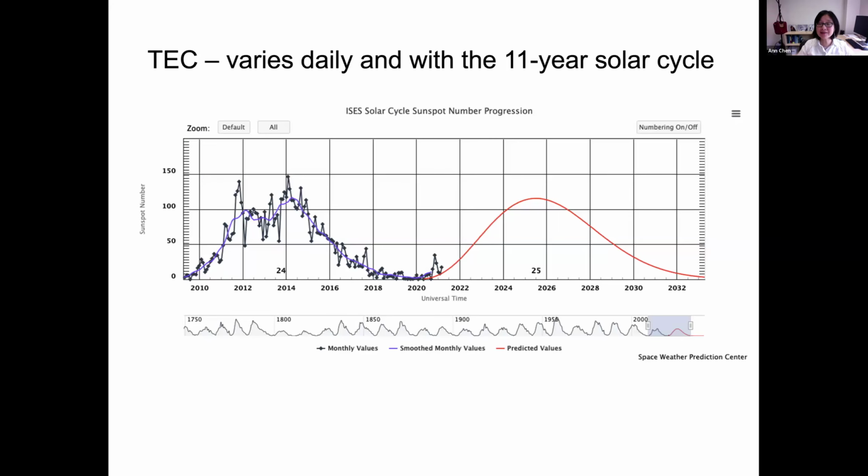Another idea is that it not only depends on the wavelength you're using and the region you're looking at, it also has a cycle, the 11-year solar cycle. You can see that as NISAR is launching, we're going towards the peak of the solar cycle, and it's L-band, 24 centimeter. So we're definitely going to notice this kind of artifact more in the upcoming NISAR data. And so, to give you a reference,